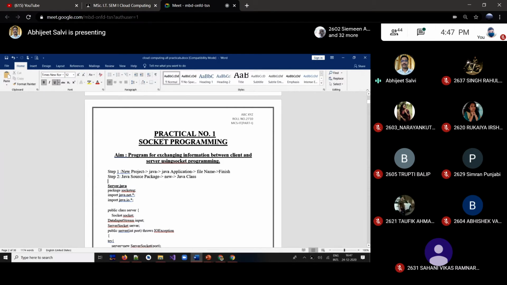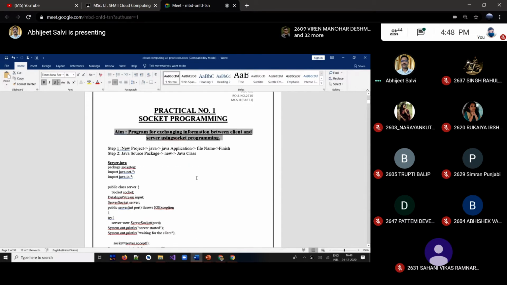Okay, so regarding the layout over there, as you know, you have done your BSc. So on top of that, your name, roll number, and your stream details, practical, a description of that, aim of that practical over there. You can write down, and then step by step. Okay, no need of a screenshot of NetBeans or something. Just simply file, new project, and like that will be sufficient over there.